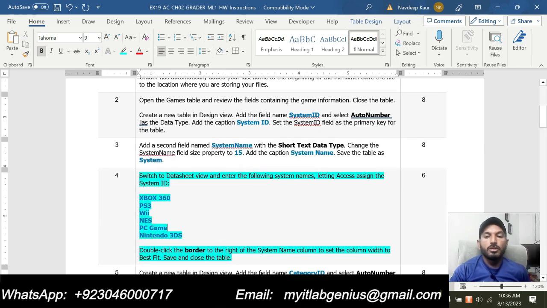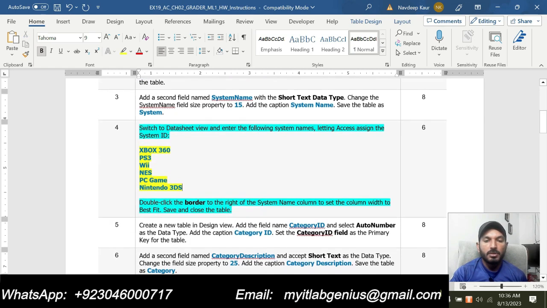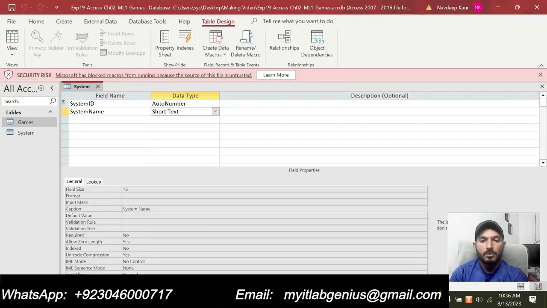So step number 4 is switch to the datasheet view and enter the following system names, letting Access assign the system ID. So now we are supposed to add these data to the system table. So I will simply copy this. So first go to the datasheet view,